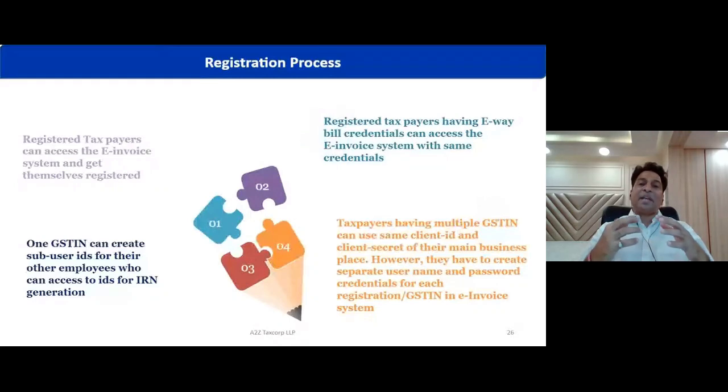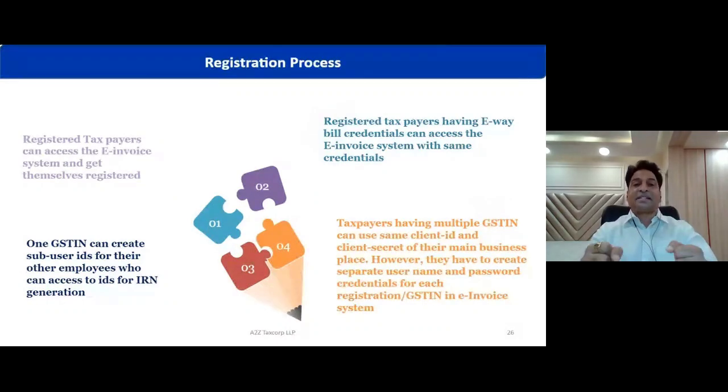The system has automatically enabled taxpayers by looking at your aggregate turnover, PAN basis, taking all GST registrations under the same PAN number, all India, into account. They have sent an auto mail to all such large taxpayers. In case you have not received such mail, you can go back to this IRP portal, put your GST number and see whether you are enabled or not enabled. And in case you are not enabled, write back immediately. They will enable you.